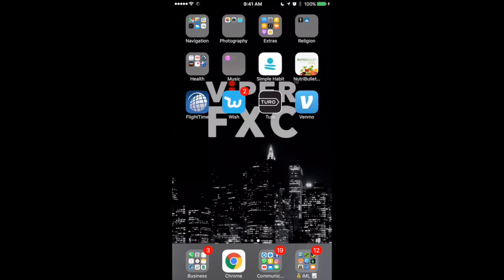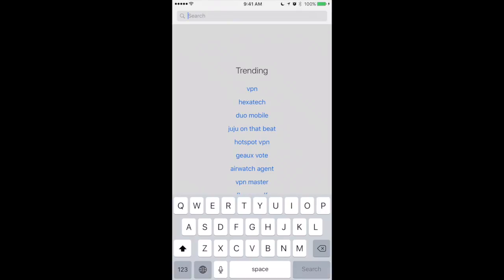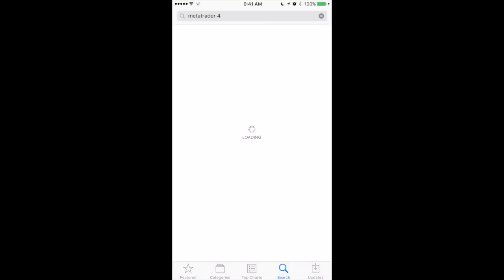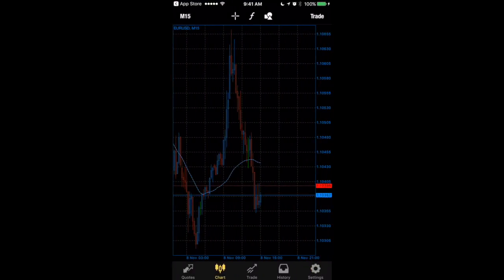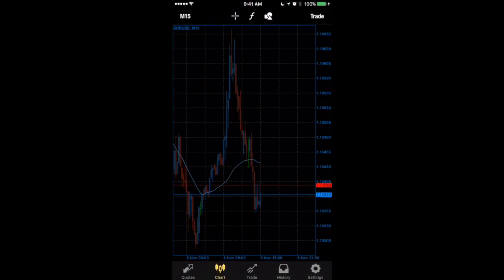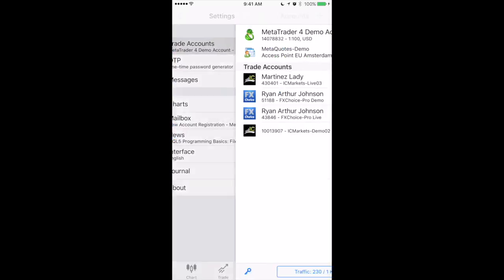So first thing, go to the Apple Store, search for the app, maybe search for MetaTrader 4. There it is. You'll download it. Then you'll find it on your phone. Depending on what happens, you pull it up. It should ask you to register an account. If not, just go to settings, trade account,